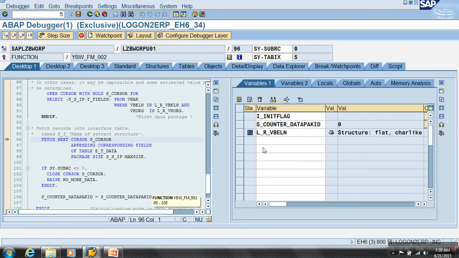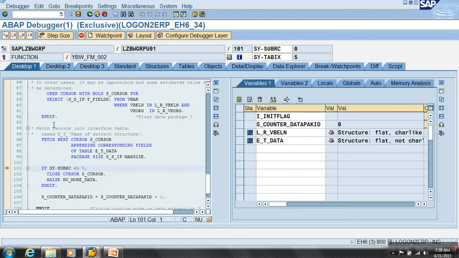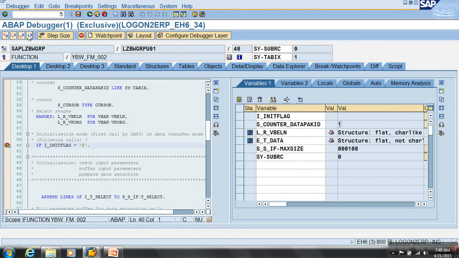Next, when the packet ID is 0, it will open as well as what? Fetch cursor. When it fetches, how many records should this table have now? Why has it fetched 100 records? Because it is fetching as per what? Max is 100 records. Now size of bars is 0, so it is able to read the data, fine, goes in, increments packet ID. Now packet ID becomes what? Once, goes back, again get into the code.